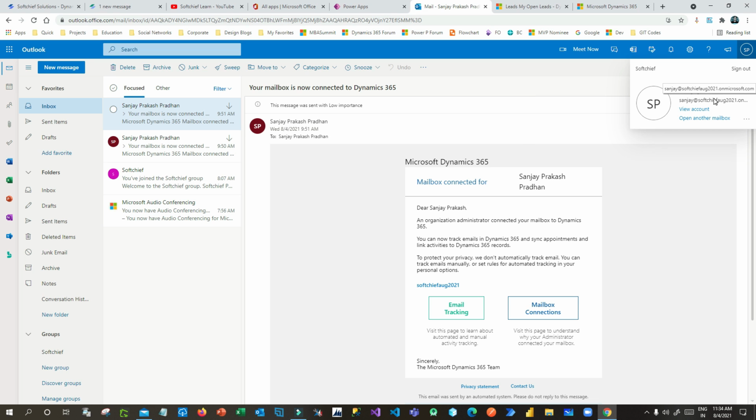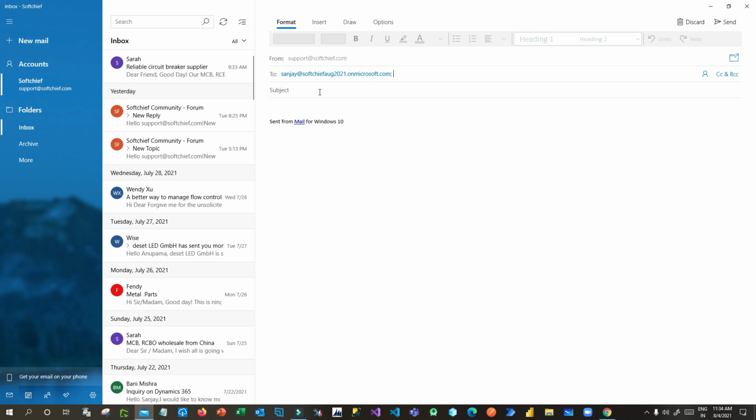So this is the login information that you use for Dynamics. Now this email ID I am using, and I will send an email. So this is my email ID, right? My email ID is support@subchief.com. I want to send an email to this person.